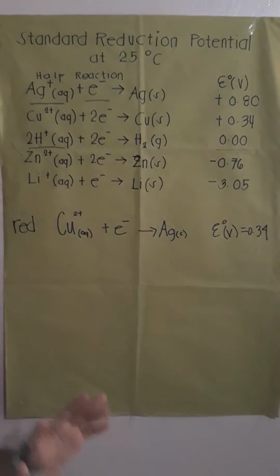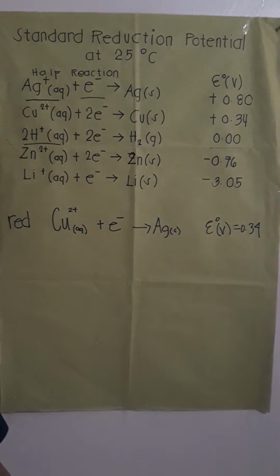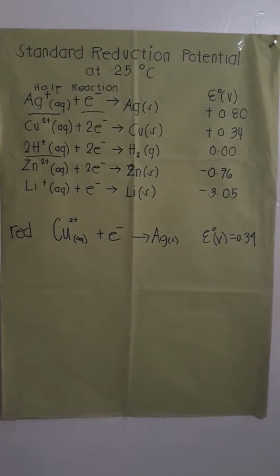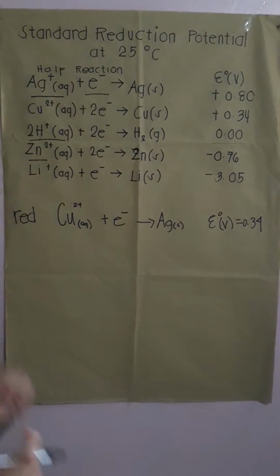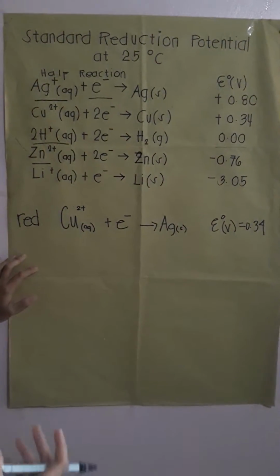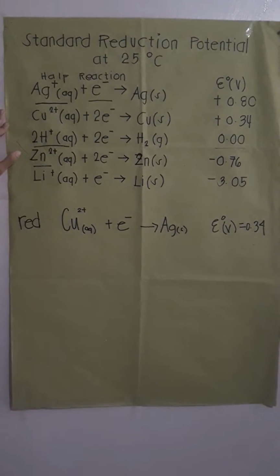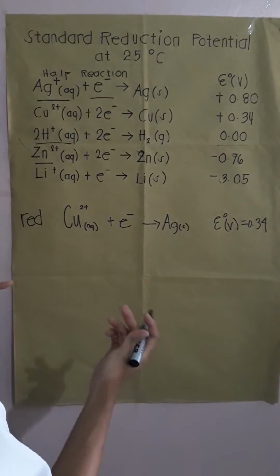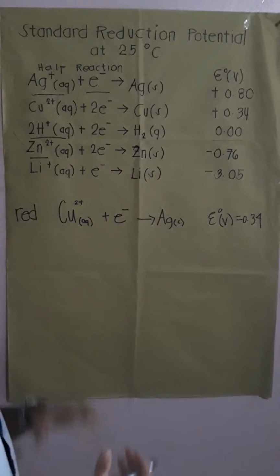So we all know that in a redox reaction, when something is reduced, there's always oxidation. So in this case, we have the zinc as the reductant. So let us write zinc out. But first, this table represents the reduction half reaction. So how do we do the oxidation half reaction? Basically it's just making the solid zinc lose electrons, since oxidation is the losing of electrons. It's the exact opposite